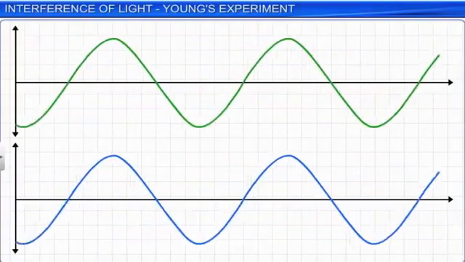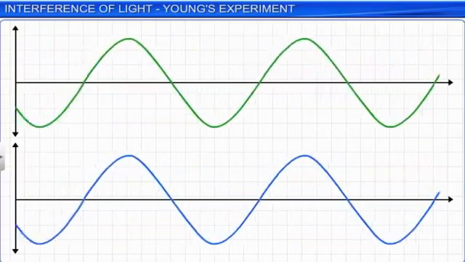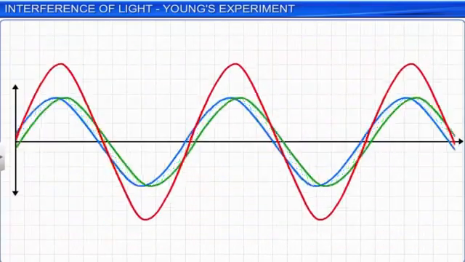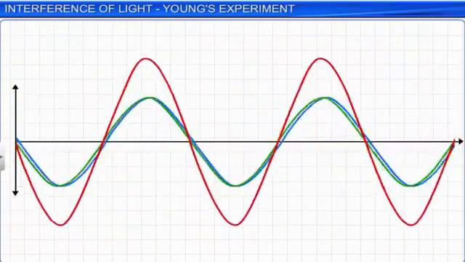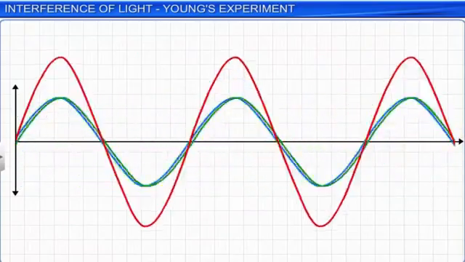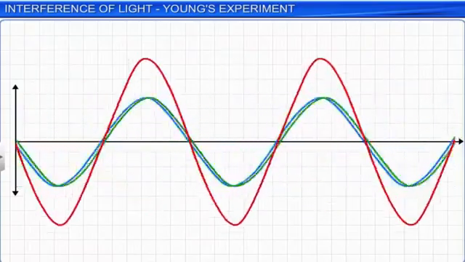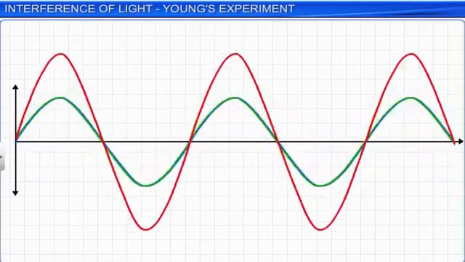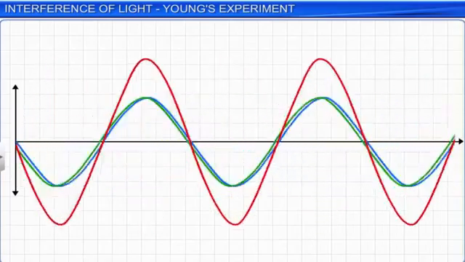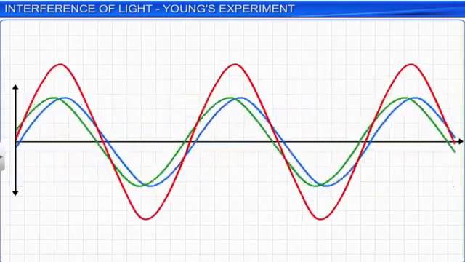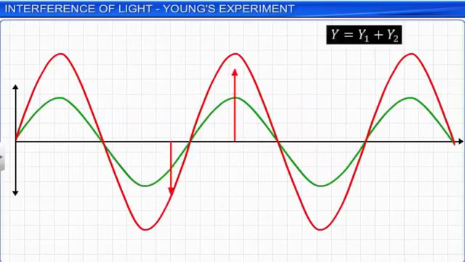When two waves reach a point in space at the same time, the resultant displacement of the particle is given by the principle of superposition. According to this principle, the resultant displacement, y, is the vector sum of the displacements y1 and y2 caused by